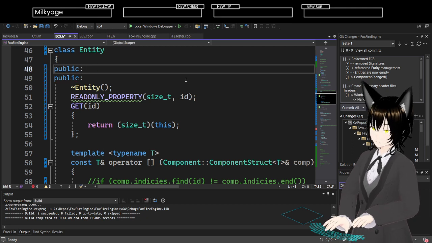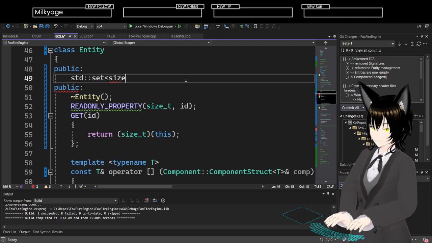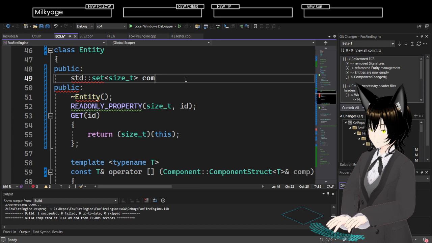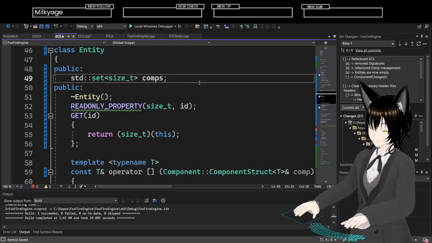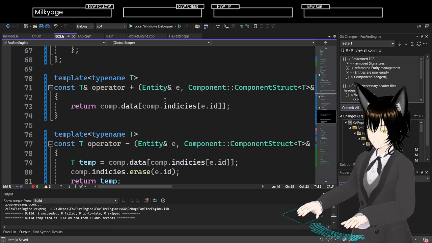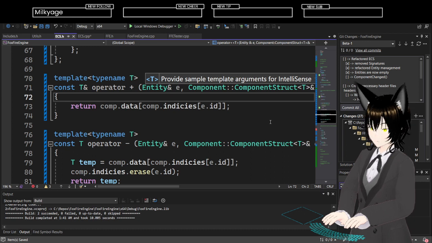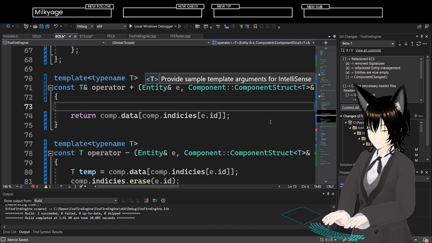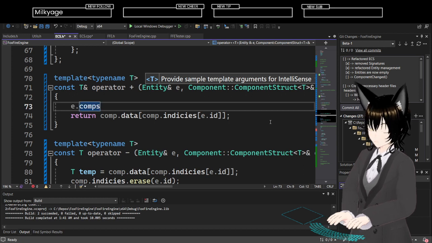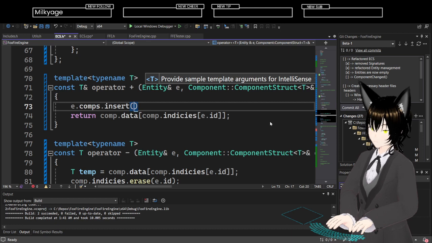And then, right, because if I have an STD set of size t here, comps, and then what I can do here would be e dot comps dot insert comp dot id, and I could do that.